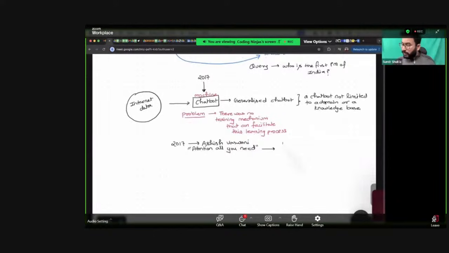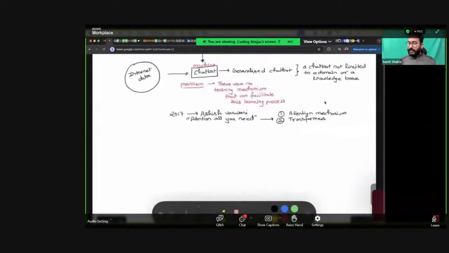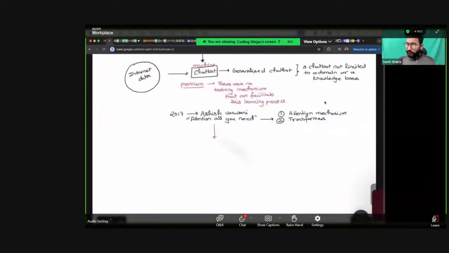So this paper introduced two concepts. One was the attention mechanism, and second was the transformers. So these were the two techniques which helped OpenAI, which helped Gemini and every other company to start training their generalized chat model. So using this particular ideation, which was proposed by Ashish Vaswani, OpenAI and Google both simultaneously